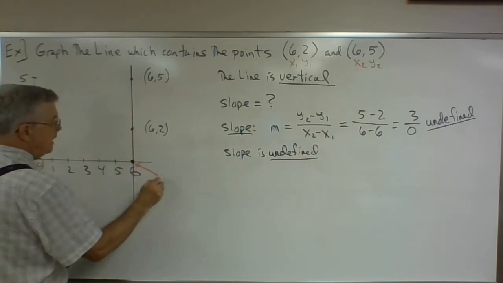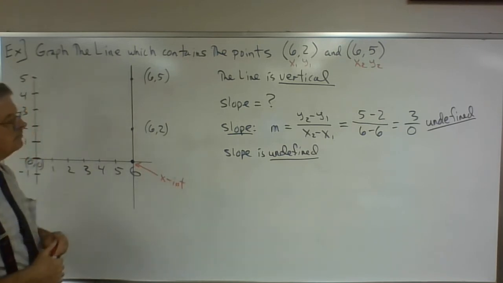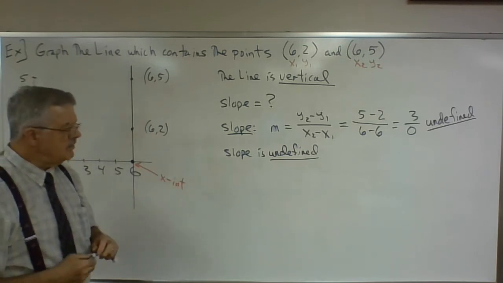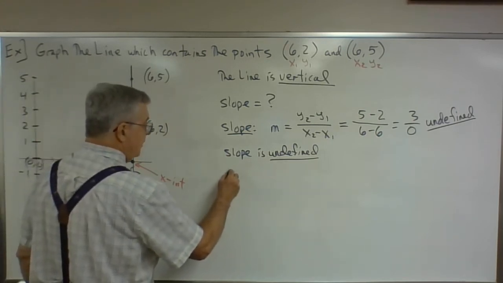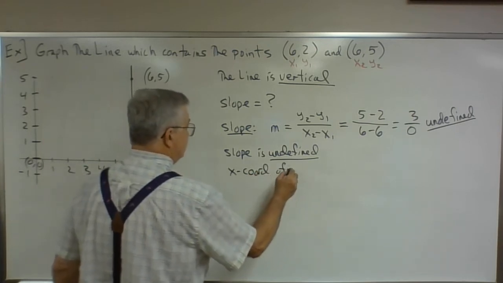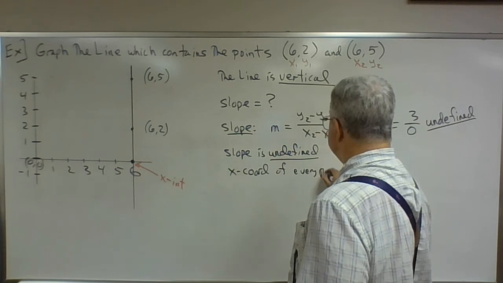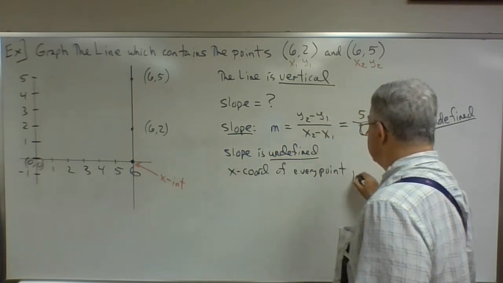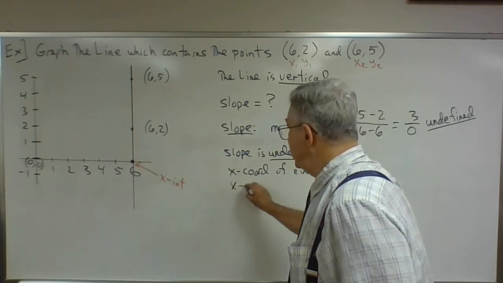The x-intercept is also 6. So let's see, the x-coordinate of every point is 6. The x-intercept